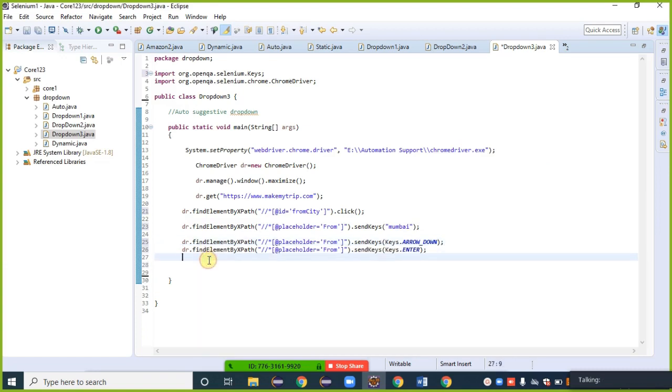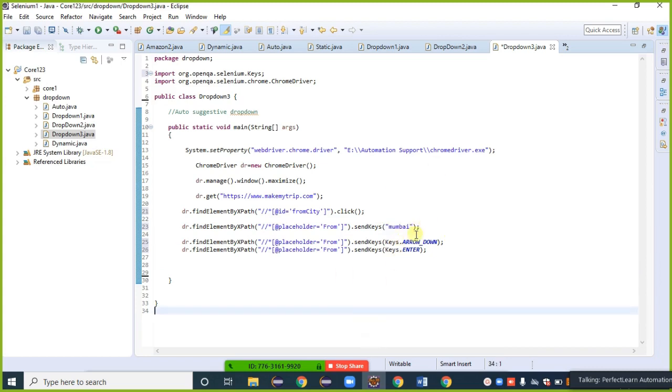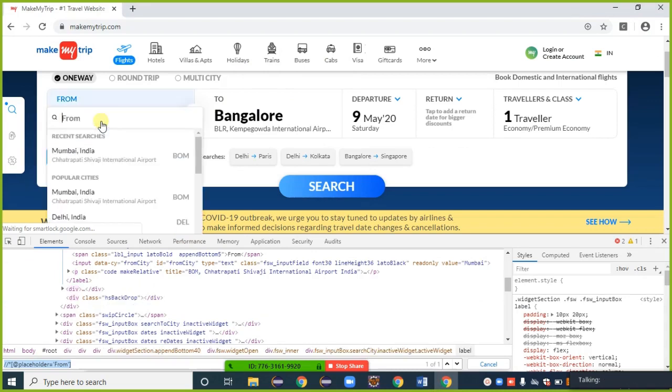By using this, our source location gets selected as Mumbai. One thing: when I provide send keys as Mumbai, what happens is that the browser needs some fraction of time to open that suggestion list.